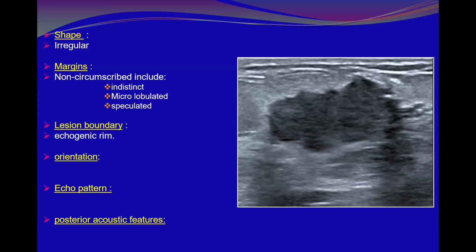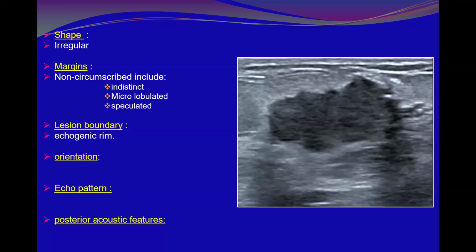Even if it is thin and hyperechoic, it is an echogenic rim. Here it seems to be thin, as you have seen, but look at it here, how thick it is. And as we mentioned, it is non-uniform, usually thicker at the margins, the sides of the lesion. Anterior and posterior are relatively thinner than the sides of the lesion.